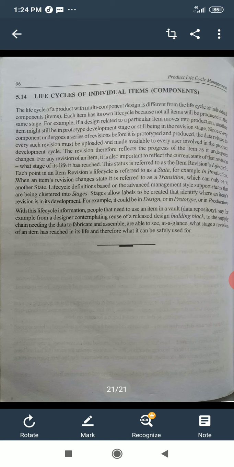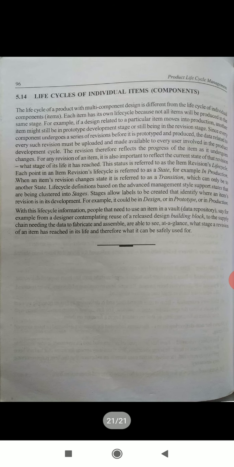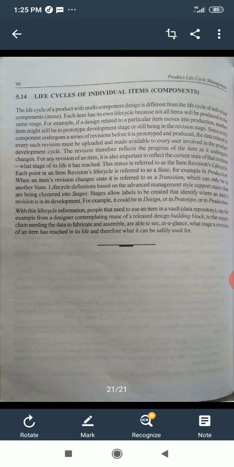Since every component undergoes a series of revisions before it is prototyped and produced, the data related to every such revision must be uploaded and made available to every user involved in the product development cycle. The revision therefore reflects the progress of the item as it undergoes changes.